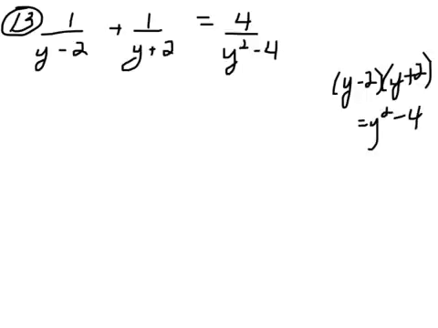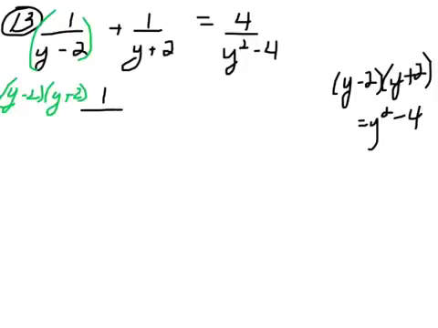So if I'm going to clear my fraction out, my least common multiple, or the thing I'm going to multiply everybody by, is going to be this y squared minus 4. But I'm going to write it, actually, let me come down here and do it, as y minus 2, y plus 2,